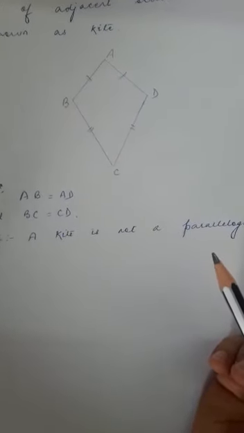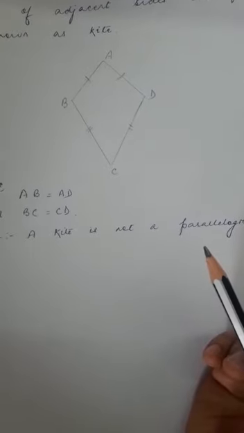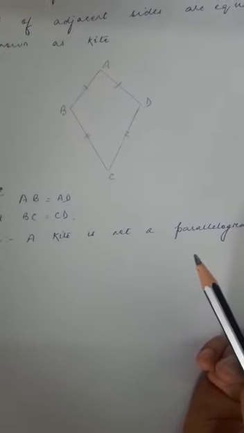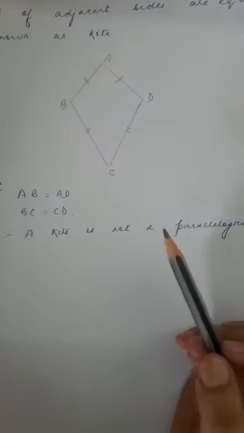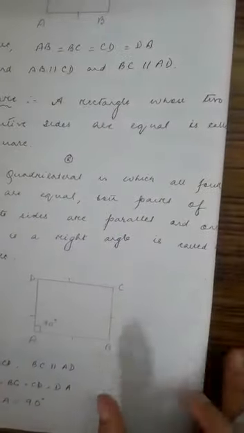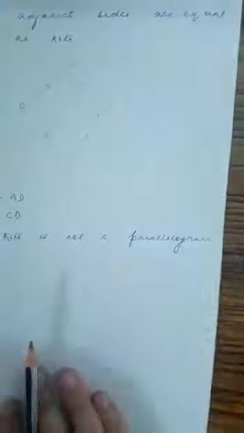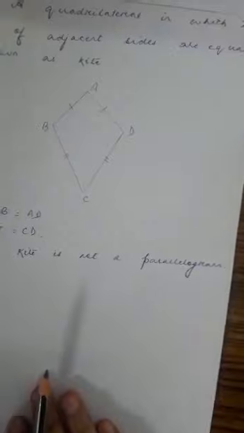So with this, we come to the end of the types of quadrilaterals. And from the next class onwards, we will do the theorems on quadrilaterals. And what are the types here? There are 6 types. One is your trapezium, parallelogram, rectangle, rhombus, square, and kite. Write down all these definitions in your classwork copy.